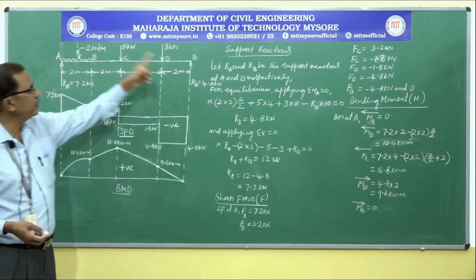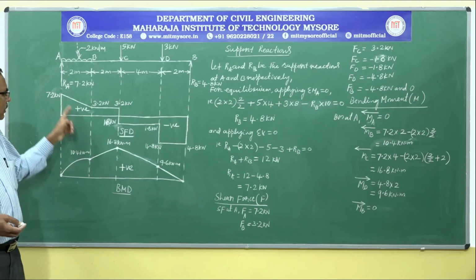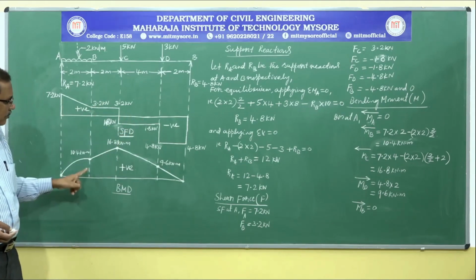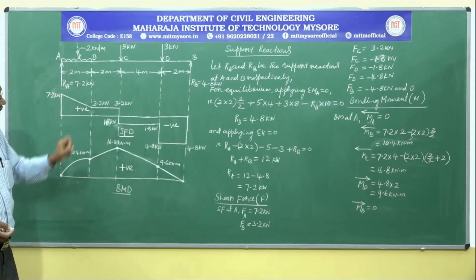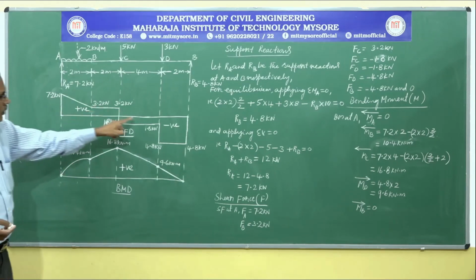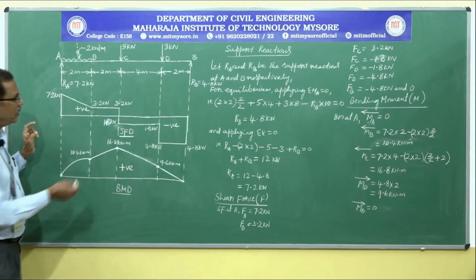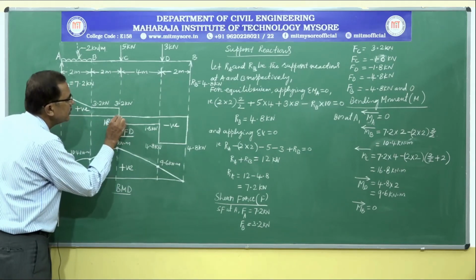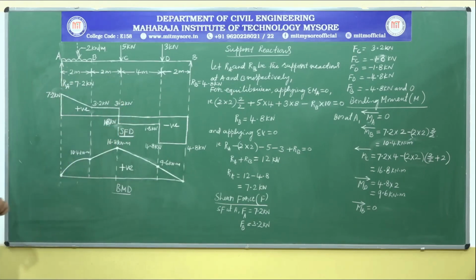If the beam bends between A and B because of this combination of load, it will bend in the downward direction. As a result, this is the nature of the shear force diagram and bending moment diagram. You can see another salient point in the shear force diagram. The shear force diagram changed its sign from positive to negative at a known point C. At this point, it is 0 on the reference line. There is a combination of positive and negative shear force.